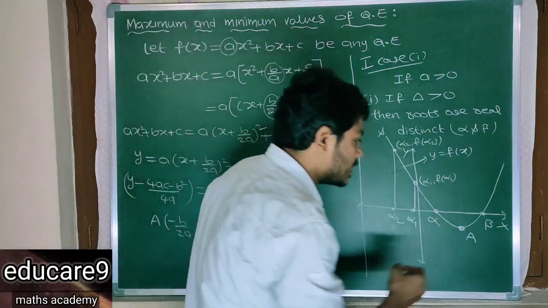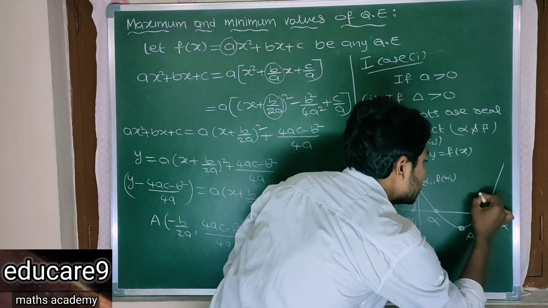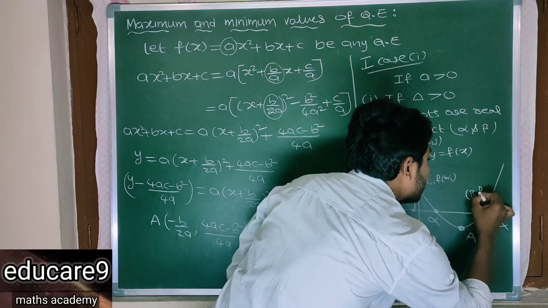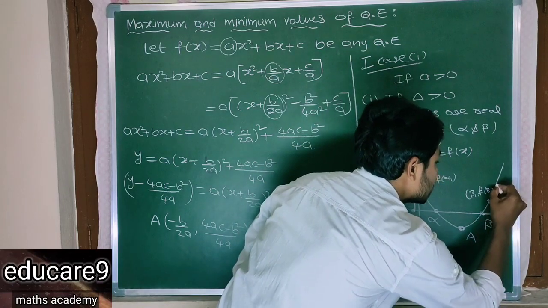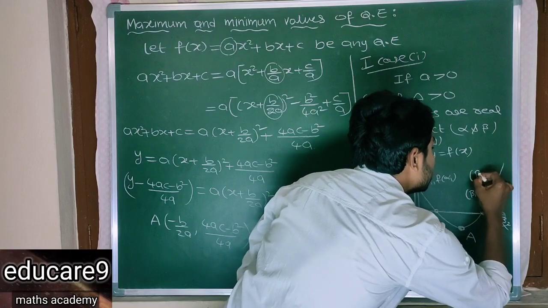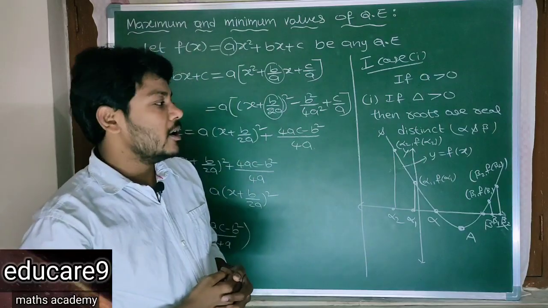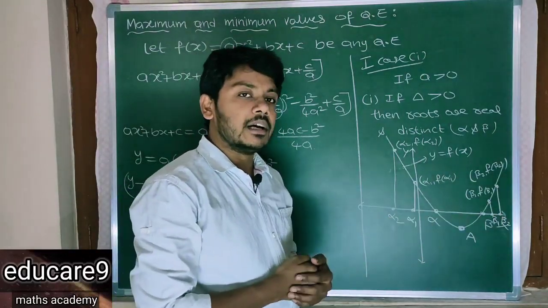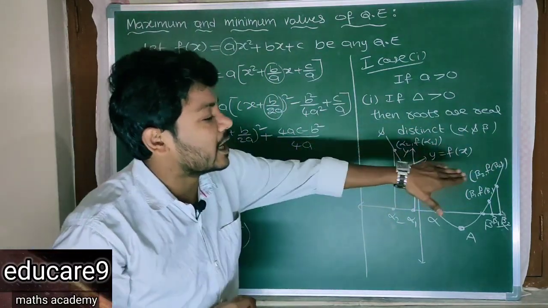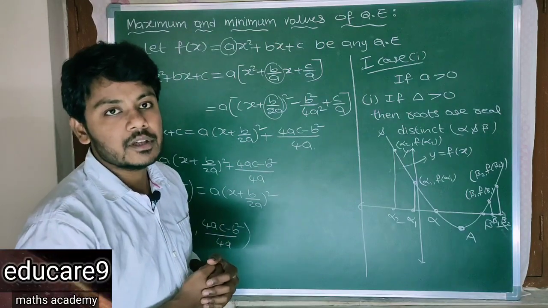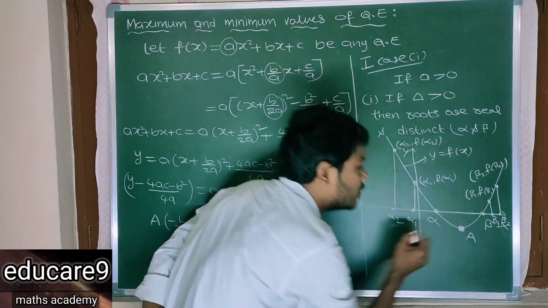And for example here beta 1. So clearly this point is beta 1 comma f of beta 1. Suppose this point is beta 2. So clearly this point is beta 2 comma f of beta 2. So in that case also, if you increase the values of x beyond beta, then f of x values are increasing. So clearly from that you can't say the maximum value, but here you can say the minimum value. So clearly this is the minimum value.